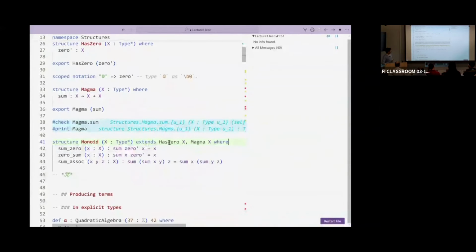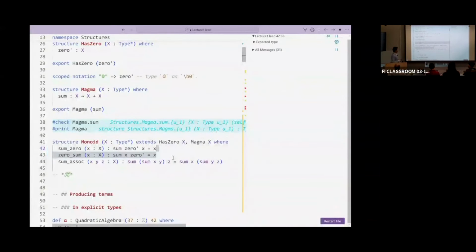So if we really want to, I could do this, of course. I could forget these two lines. And Lean will not complain. I mean, so far as Lean is concerned, I can define everything with any name I so wish. But if I do this, I will certainly have a pointed type together with a binary operation that is associative. But this point, although I called it 0, it will not be a 0. It will have no relationship with the sum.